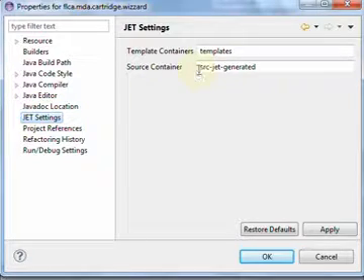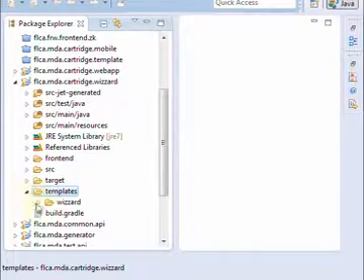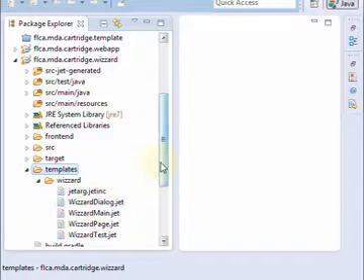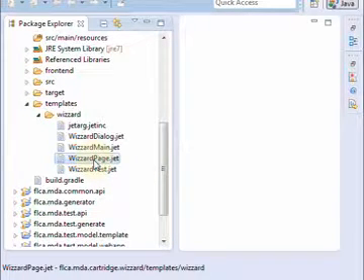The JET settings have two properties: templates, to tell the JET engine where we want to have our JET templates, and this folder that tells the engine where the compiled Java classes will appear. So here's the templates folder. Let's look at what that looks like. So here is the template that defines the actual wizard page. If you look into that one,